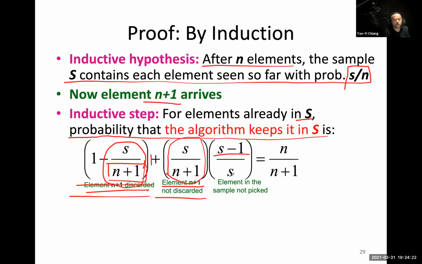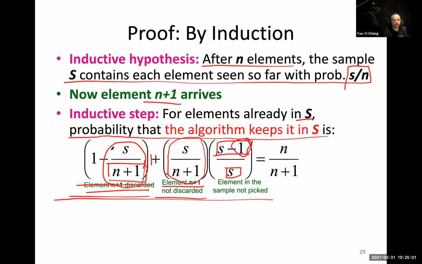The probability of still staying in the sample, not being selected for replacement, is s minus 1 over s, because you're only going to replace 1, right? The probability of being selected for replacement is 1 over s, and the complement is s minus 1 over s. All right, cool. So this is the probability of an element that's already in S still being in S after the n plus 1